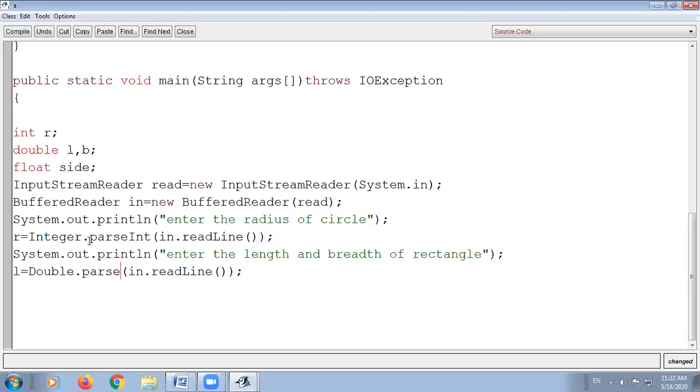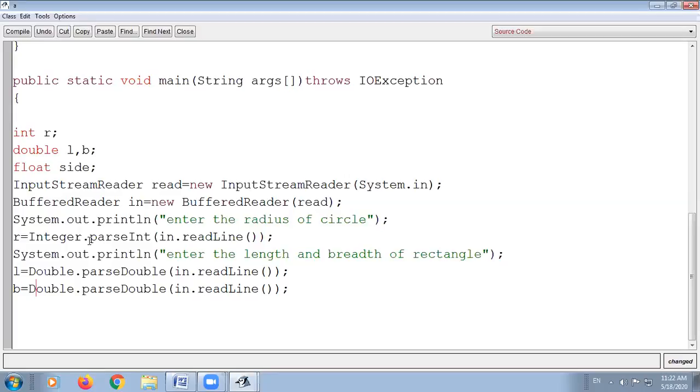This is the statement for accepting double. The same statement will come for b; you can copy it from here, but you have to change the variable. You will not accept l again; the value accepted will be stored in the b variable. After this statement, the user will enter two values in the form of double values, that is, decimal values as you call them in maths. But in Java we call them double values or floating type values.